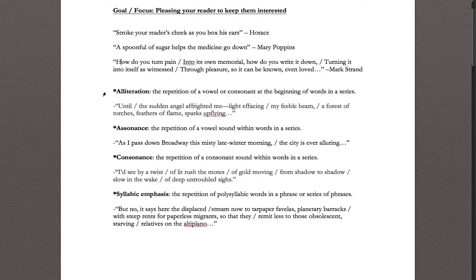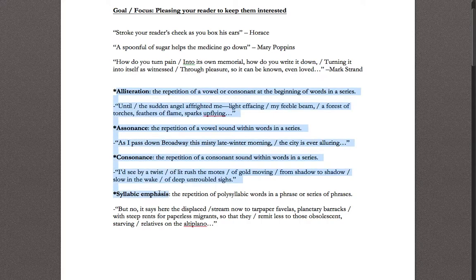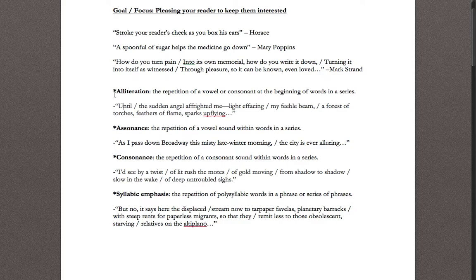So we're going to look at four sound devices. You have heard of some of these before, at least the first one. These are the four sound devices that you are going to practice in your last description. Again, I want to emphasize that your skill practice descriptions, your style portfolio descriptions, need to be concrete, zoomed in, physical detail as we started from the beginning. Now you're just adding on to it an attention to the language or the sound of your language as you write.